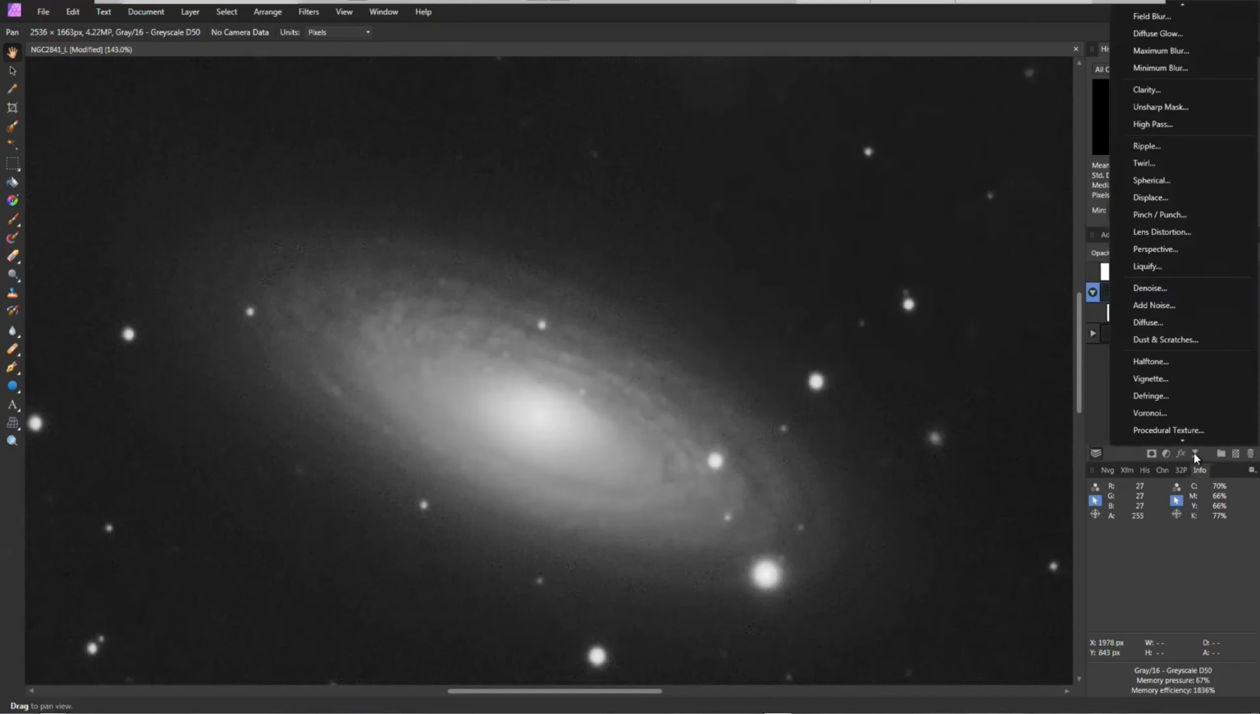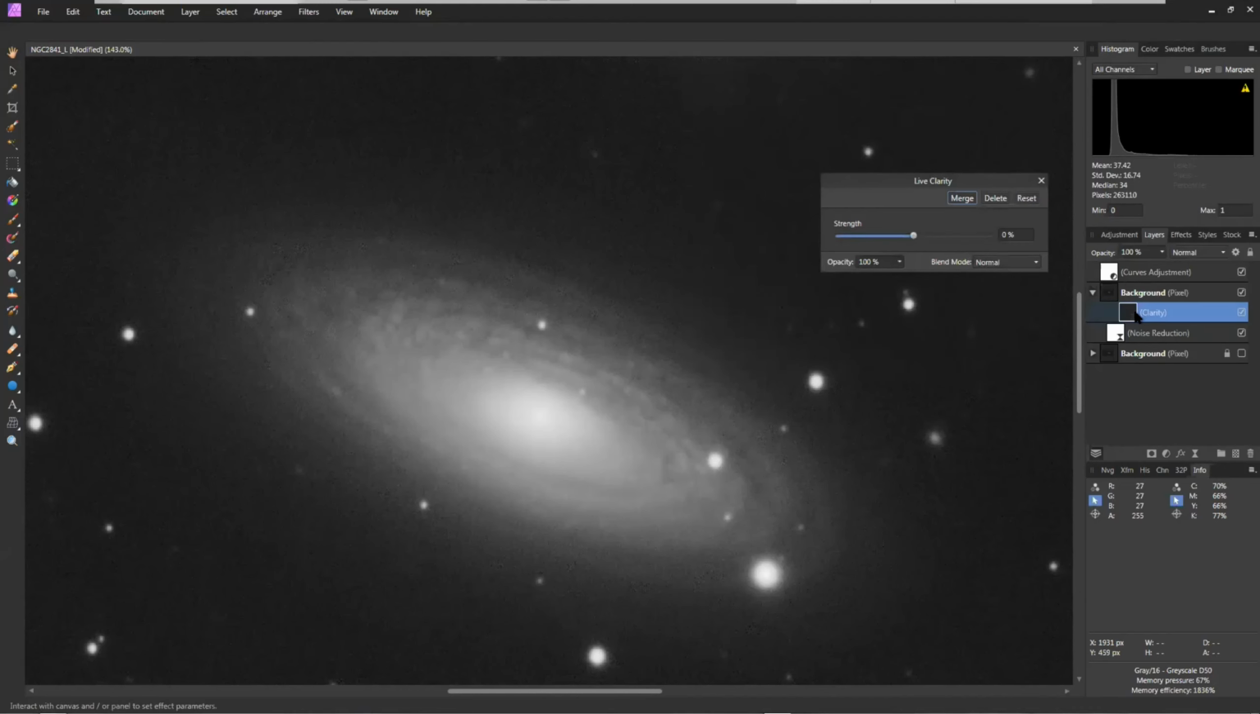there's another nice filter in here called clarity. We'll just put that on top. All right, I got it, I think. It's a little finicky. So clarity is essentially sharpening. If I go crazy with this,